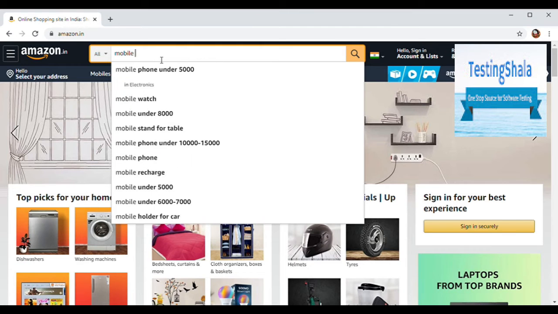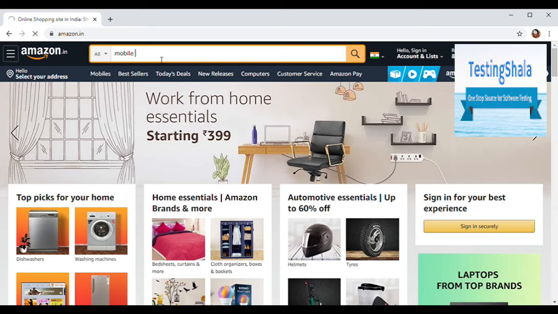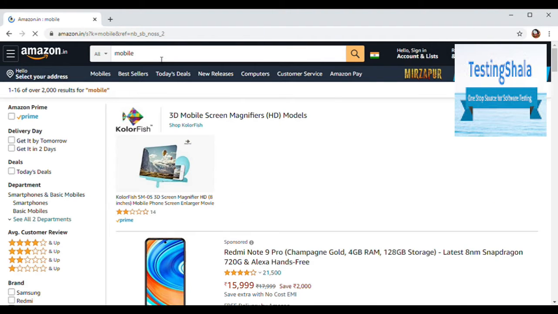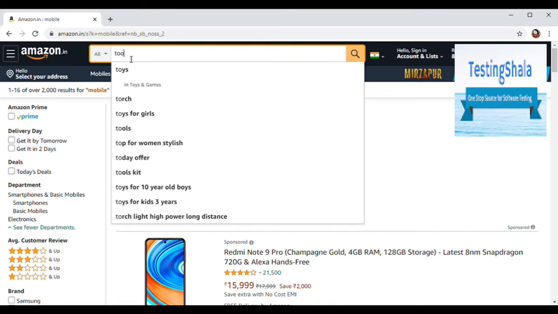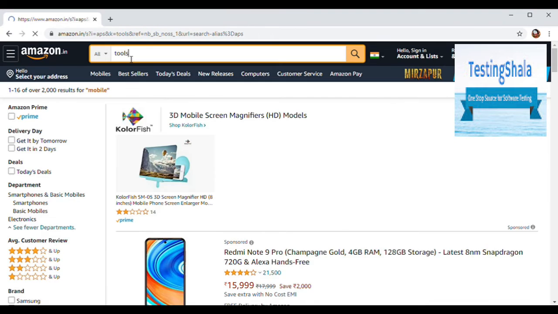Let's say if I'm going to select an All category, then if I'm trying to search, it will give all category products here. If I say mobile, so mobile, all category. If you can see, there are only these categories under mobile we can list. You have smartphones and basics, phones, basic electronics. These are the only two sections we have products under mobile, right?